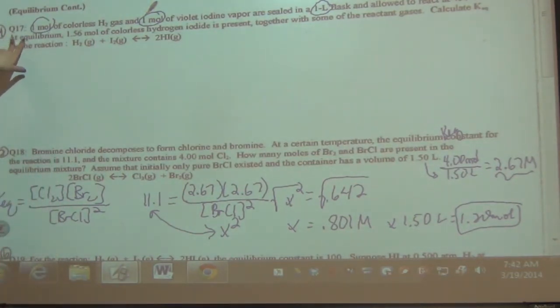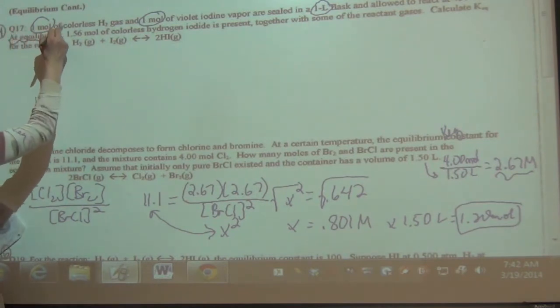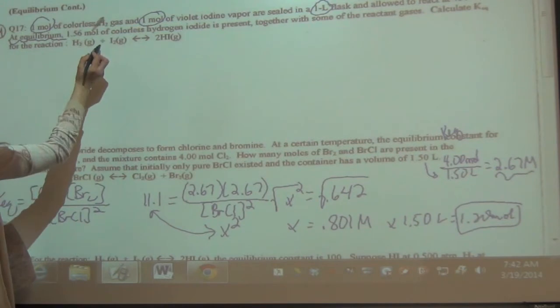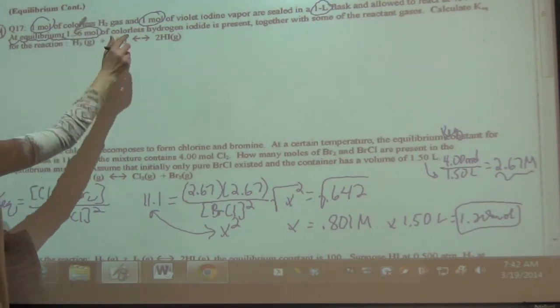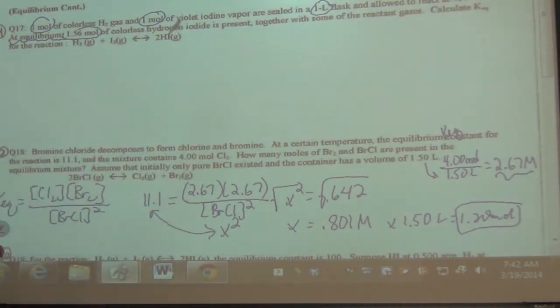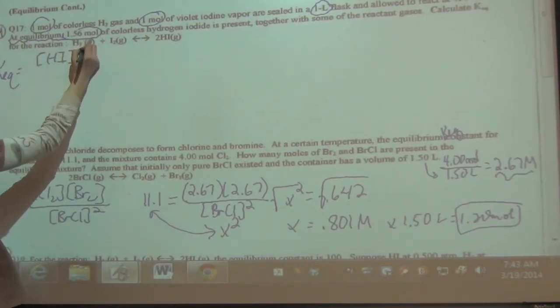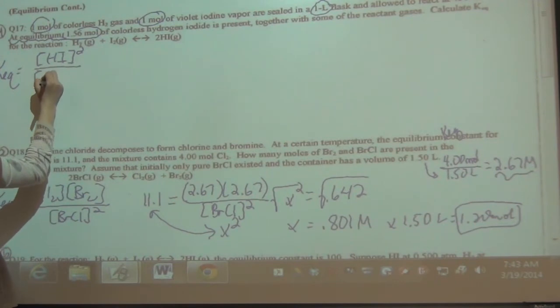Then it says at equilibrium, so underline that, squiggly line it, or whatever you want to do. Now we have 1.56 moles of this hydrogen iodide, and it's present together with some of the reactant gases. Calculate your Keq for this reaction. Okay, so we're looking for Keq. Again, step number 1 is write your expression. Okay, so our expression is HI squared, right? Yeah. Over